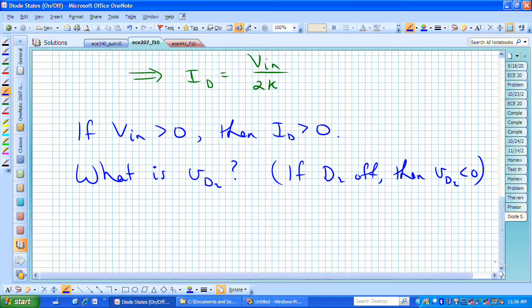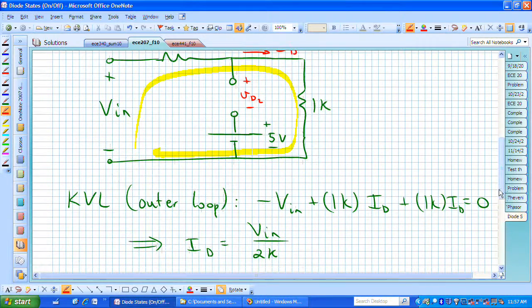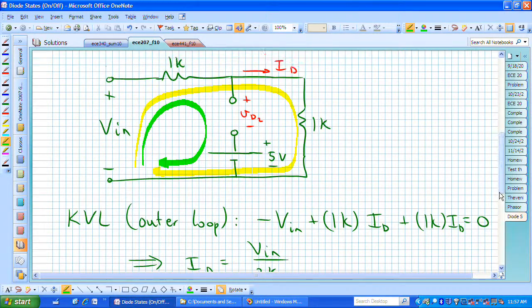Let's now do a KVL around the right loop, where the right loop now, let me do that in a slightly different color, this is the right loop that I'm referring to in green. So we're going up through Vn, we're entering the negative terminal of the source, so we'll have minus Vn plus